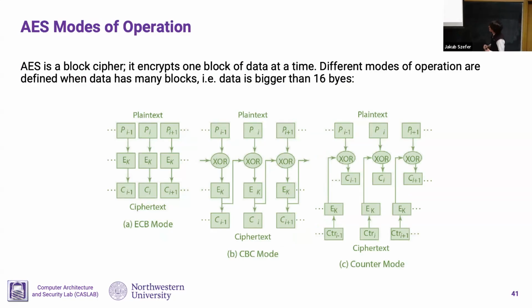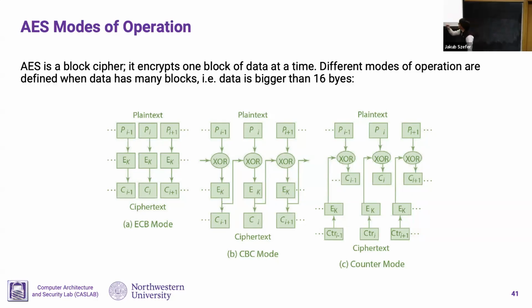And then here are different operating modes. So when you have a block cipher, you have this block. So everything is in chunks of 16 bytes. But what if your data is more than 16 bytes? So there are different operating modes, and there's electronic code book, cipher block chaining, and counter mode, which are the most